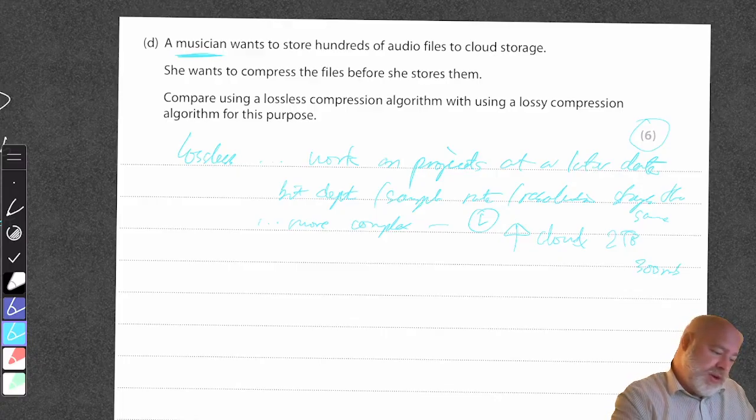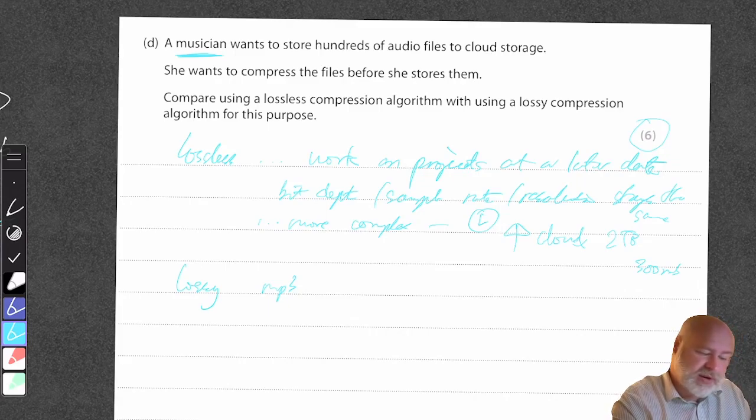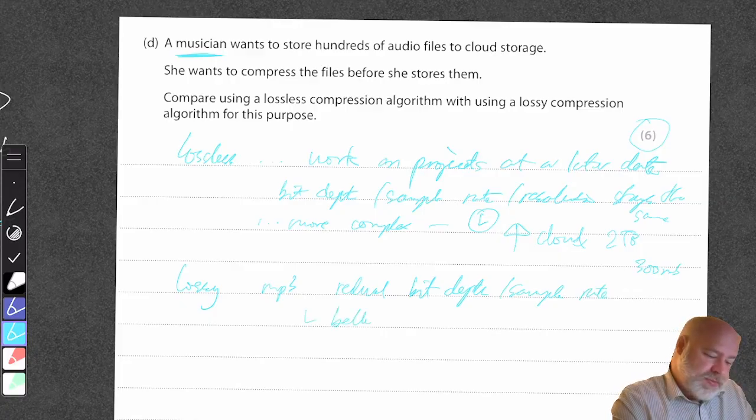However, what are the advantages of lossy formats? Like those MP3 files, which it doesn't state you need to say, but I'm just using it because that's the clearest example we have. Yes, you might have reduced bit depth or sample rate, for example, but better streaming. Okay, better user experience,